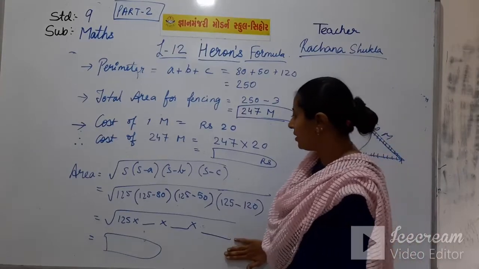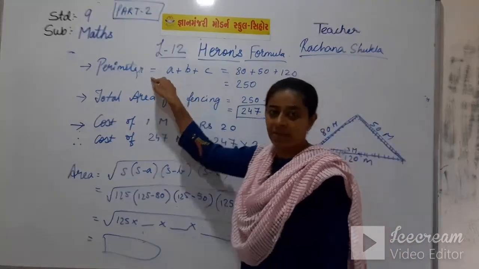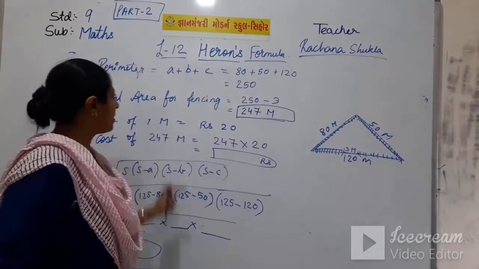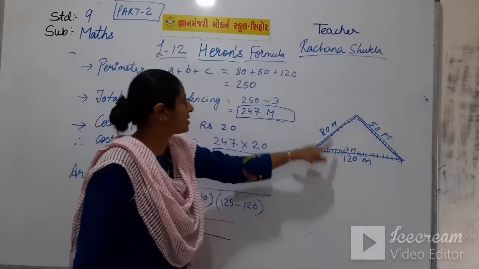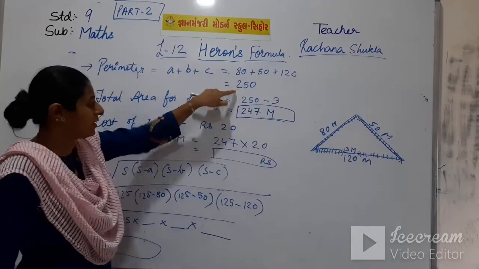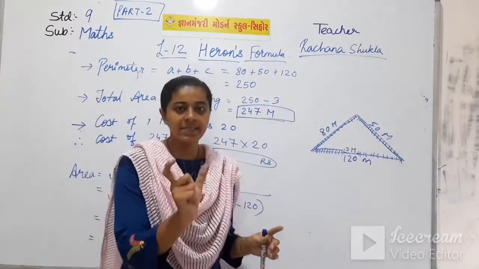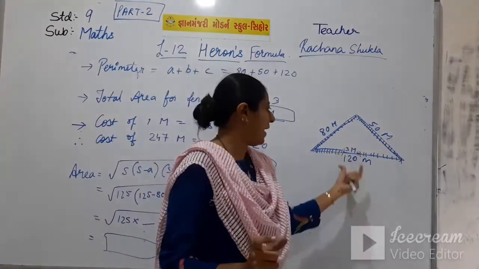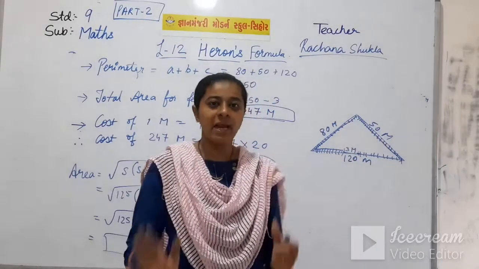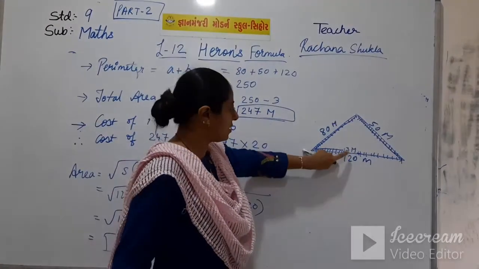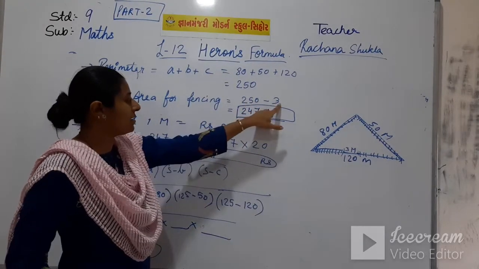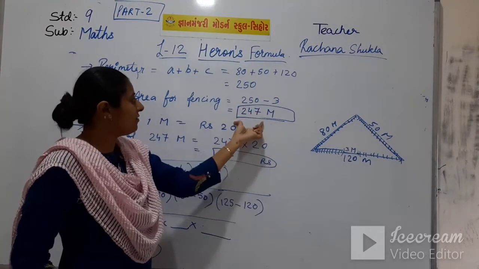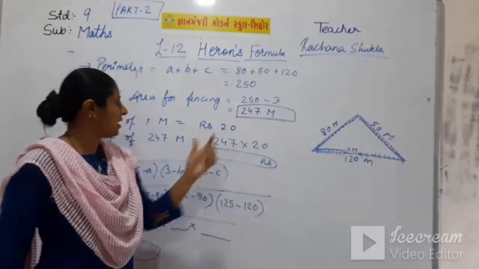You have learned this. Now coming to the perimeter. Perimeter of the triangle is A plus B plus C, that is 80 plus 50 plus 120, that comes to 250. Now a gate that is 3 meters wide is to be left like that only. No fencing is done in this gate. So we will subtract 3, 250 minus 3, that is the gate. We will get the answer 247.